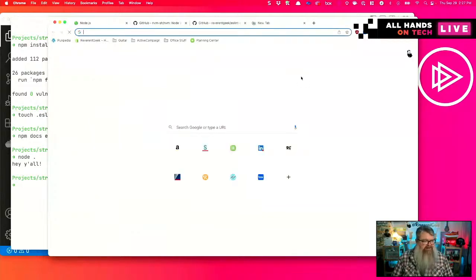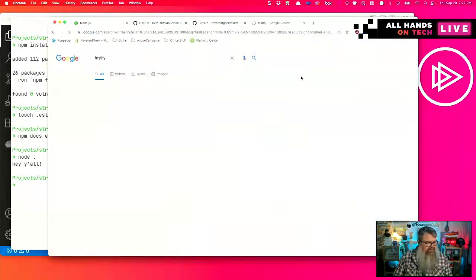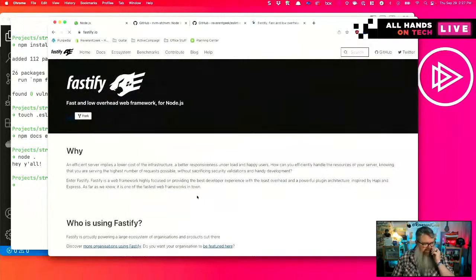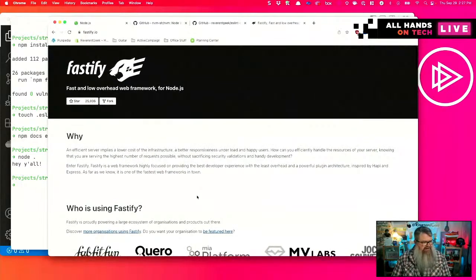I want to see what it looks like to build an app with Fastify. So Fastify is what they call a fast and low overhead web framework for Node.js. It is highly focused on providing the best developer experience with the least overhead and a powerful plugin architecture inspired by Hapi and Express. As far as we know, it is one of the fastest web frameworks in town.